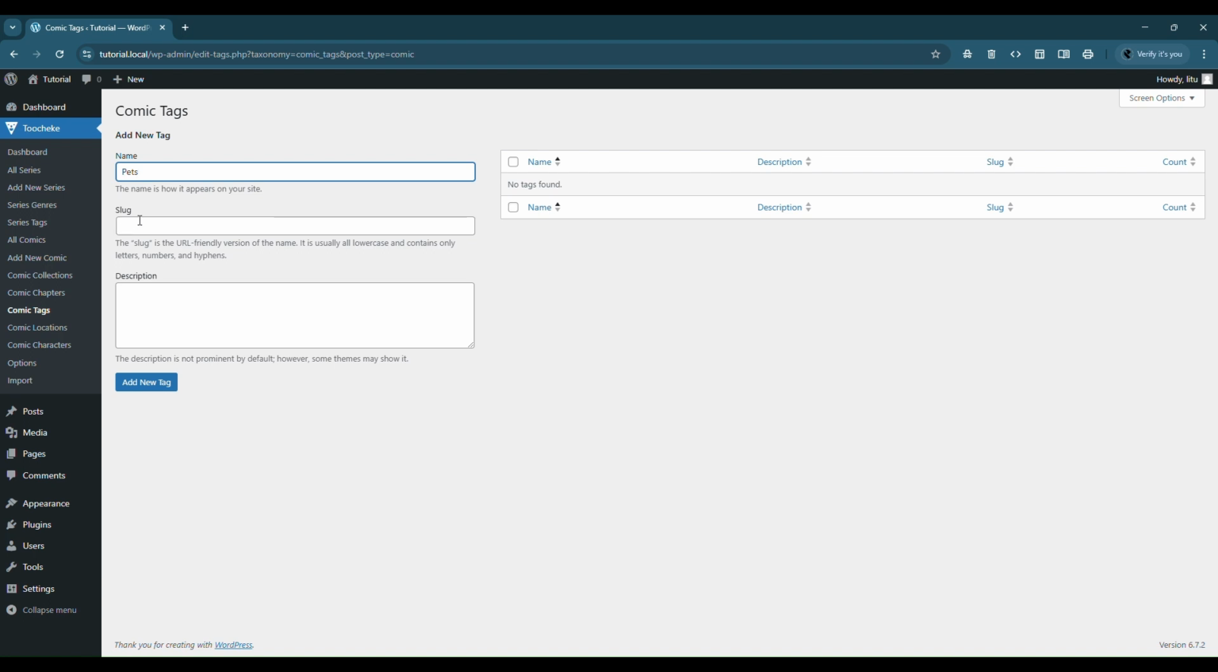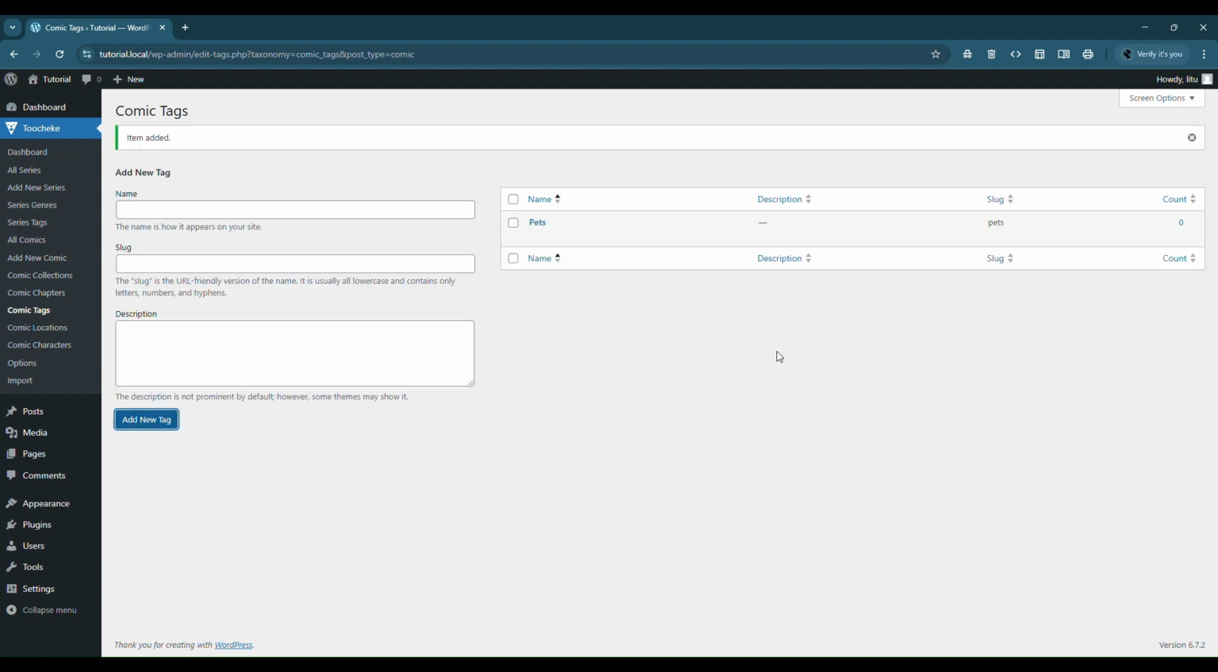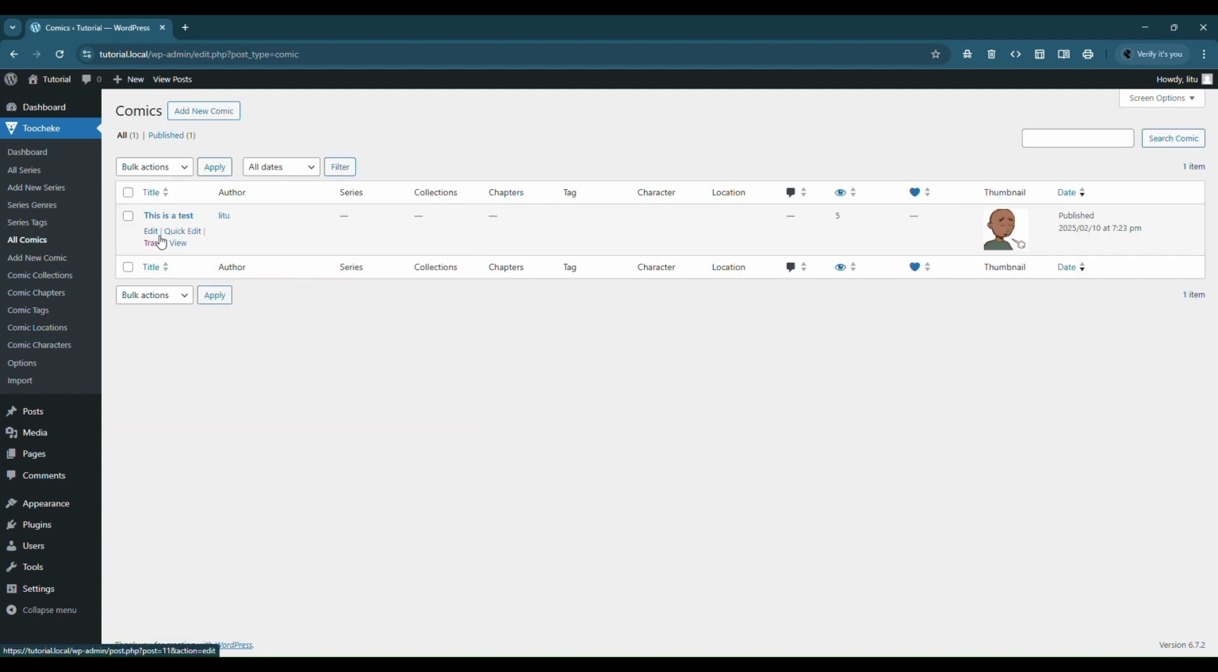Okay, you can leave the slug blank. This will be automatically generated by WordPress, and you can disregard the description field because we will not need that. And then just click on the add new tag button. Okay, so once that is added in, you can go ahead and add it to the comic post. So to do that, go to Tucheke and then all comics, and then locate the comic that you have already in your archive and click edit,